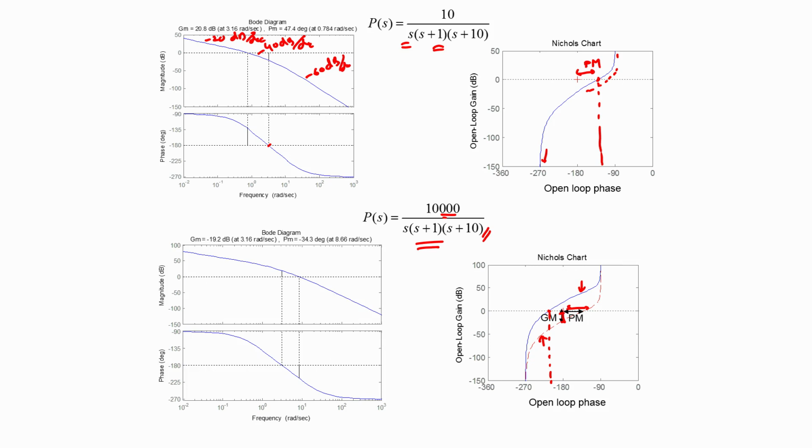And by looking at the way in which the Nichols plot of a plant passes past the critical point 0 dB comma minus pi radians, it is possible to judge whether the closed loop system is going to be stable or unstable. What we shall do in the next clip is to employ the Nichols plot to execute a design where we have multiple performance specifications, namely in terms of input disturbance rejection and output disturbance rejection.